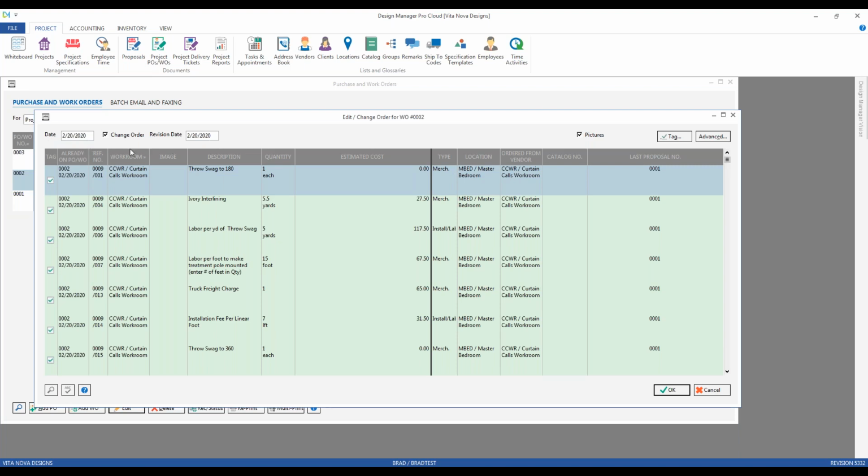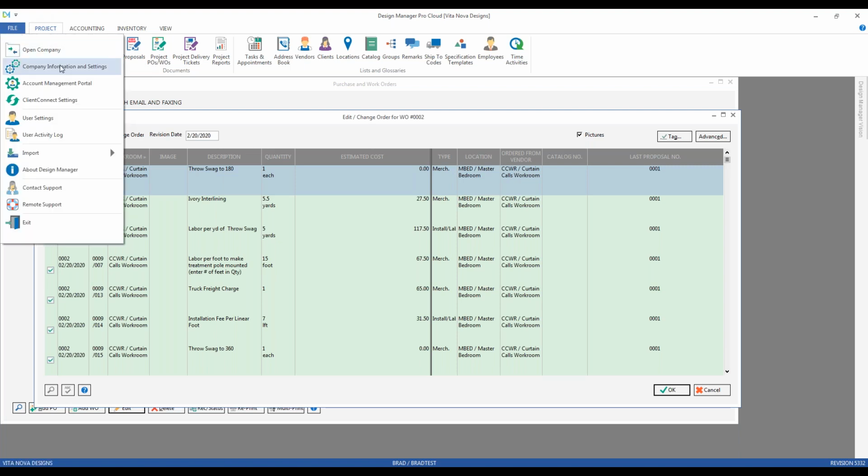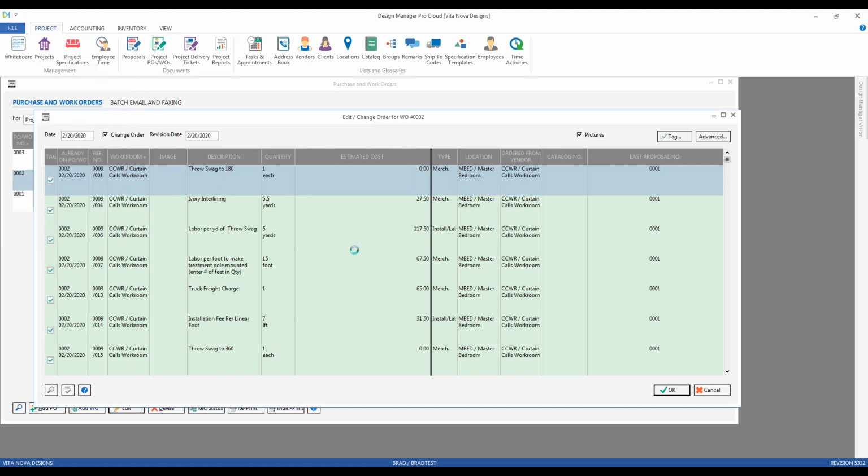First, we have both the date, which is going to be the original order date, and we have change order functionality being selected here. What this will do is indicate that the title, rather than saying work order, will now say change order. This is an option that can actually be set as a company-wide global setting. So if you want to use change order processing, you can set it as the default. If you don't want to use it, you can go to your company information and settings window off of your File tab,